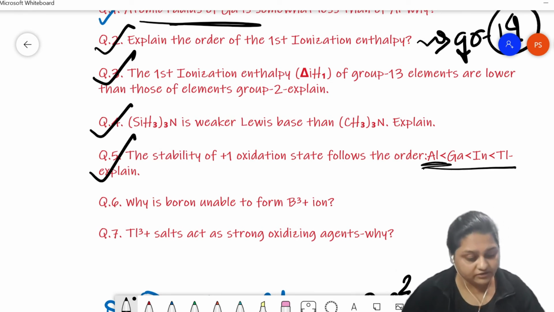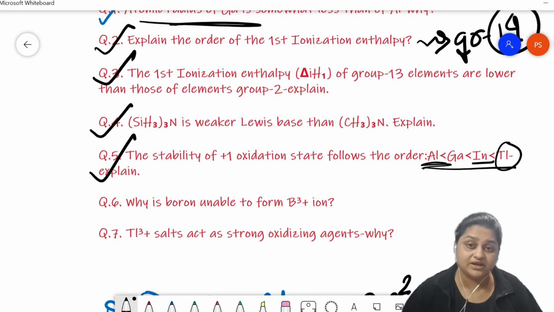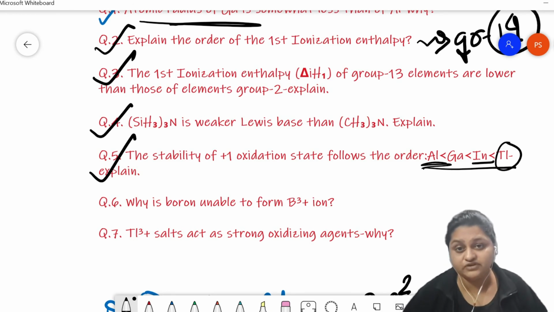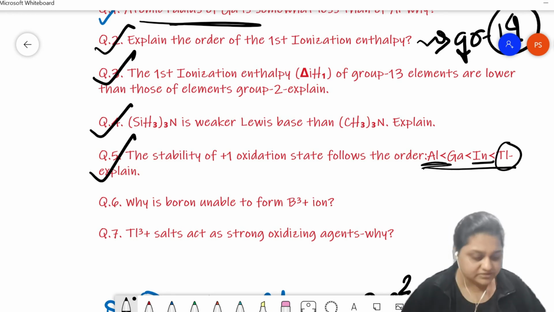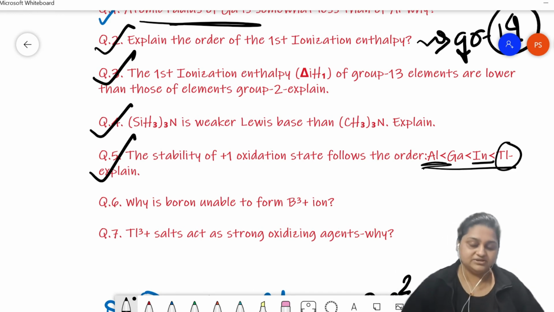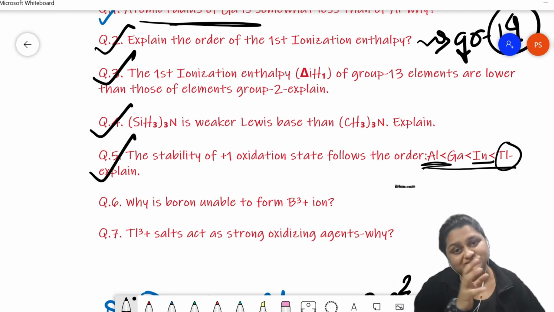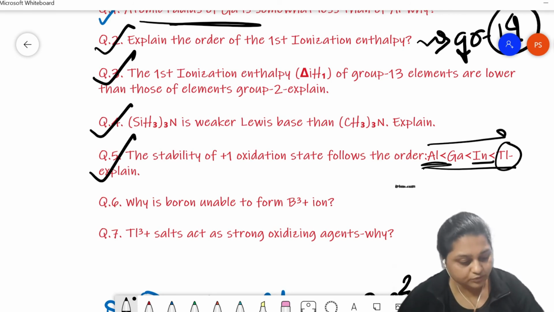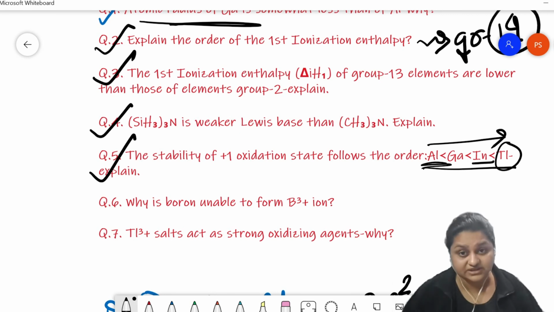But down the group, for indium and specifically for thallium, the ns electrons become almost completely inert, because it becomes very difficult to remove them. The ionization enthalpy becomes very high due to the lanthanide contraction and the incorporation of poorly shielding 4f electrons (14 of them) and 10 d electrons. That is the reason why, instead of removing all the valence electrons to produce the +3 oxidation state, down the group the +1 oxidation state stability increases and the +3 oxidation state stability decreases.